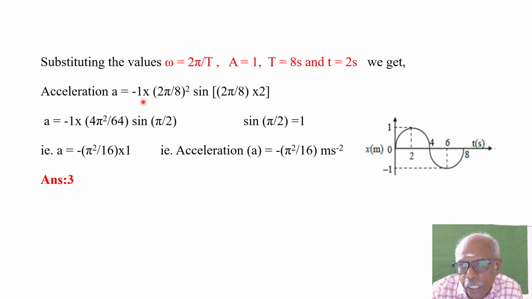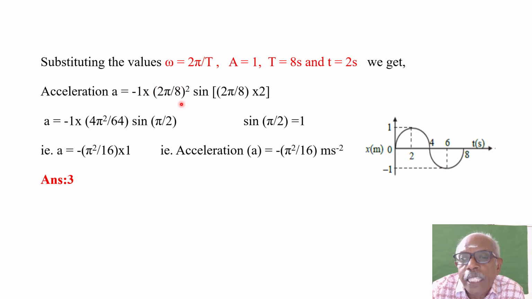So minus 1 into omega square, what is this? 2 pi by 8. So 2 pi by T is equal to 2 pi by 8, the whole square, in sin omega t. What is omega? 2 pi by 8, and into t, the instant of time, into 2. Okay, that's all. So a is equal to minus 1 into